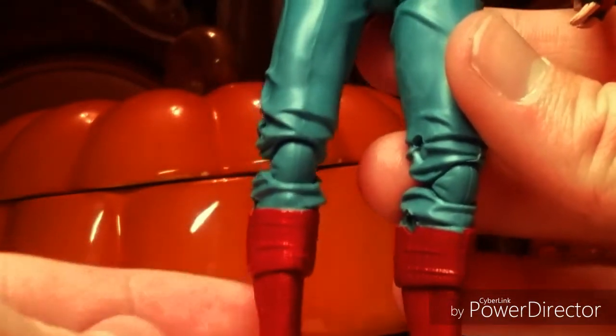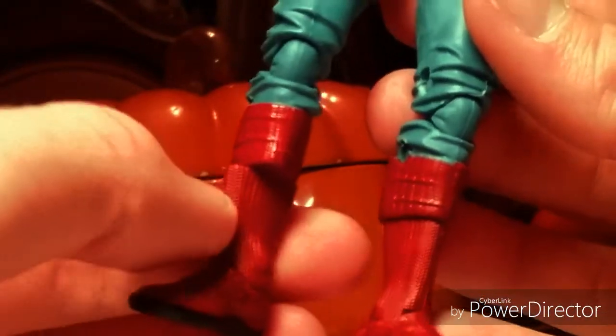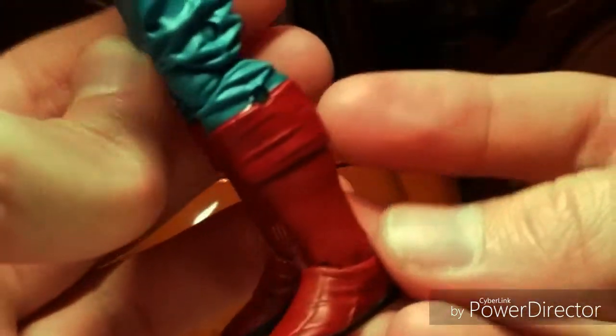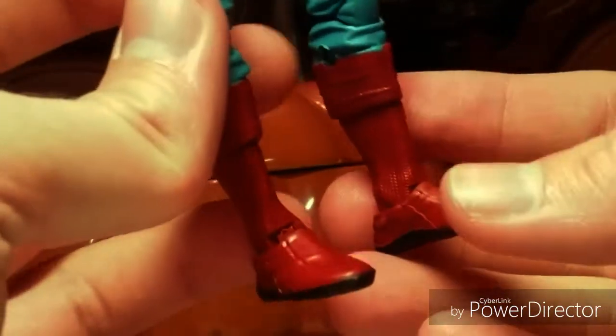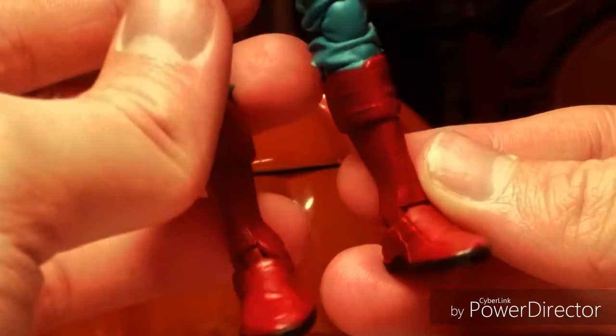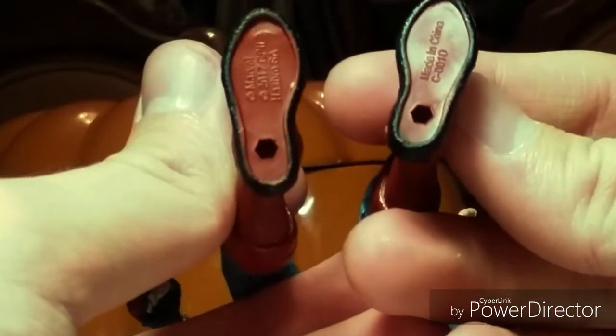The head is more round. I like a rounded Spider-Man. Has more articulation, like boot rotation. I don't know why the other figure didn't have boot rotation. Anyway, here's the socks and the shoes. I don't really know what these things are. I don't really know what they put in the bottom of the feet in Spider-Man's costumes these days. Anyway, the black lining and the bagels at the bottom of the feet. Turn it around. Here's the